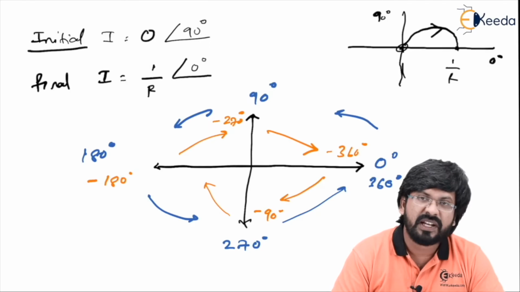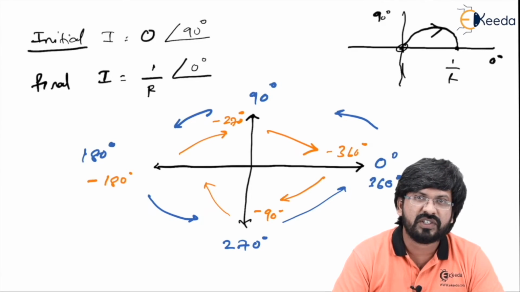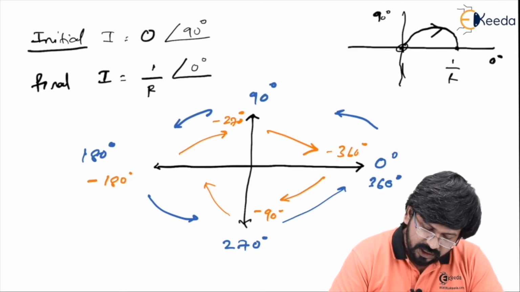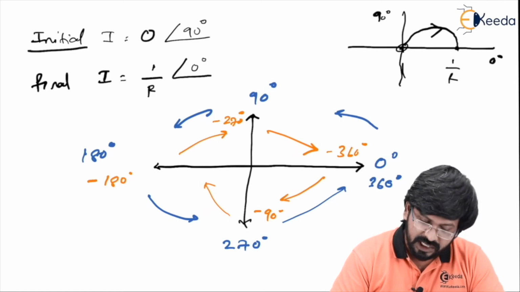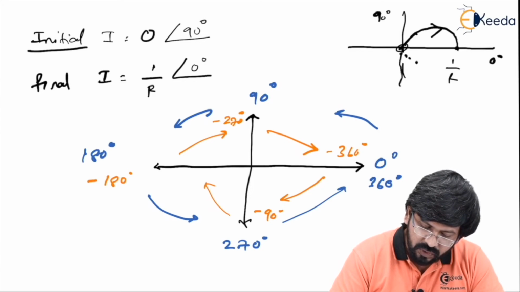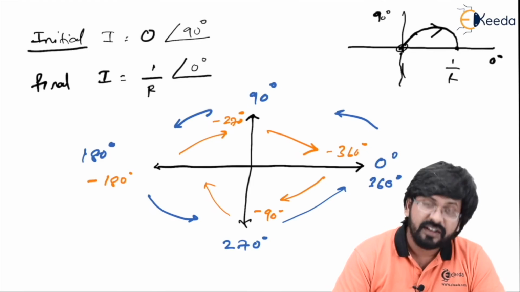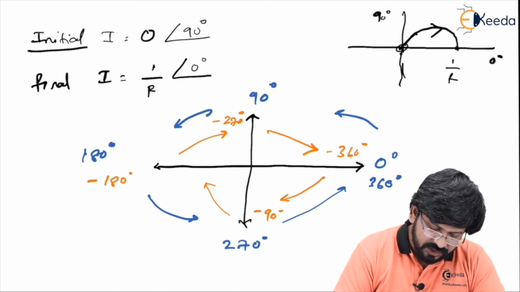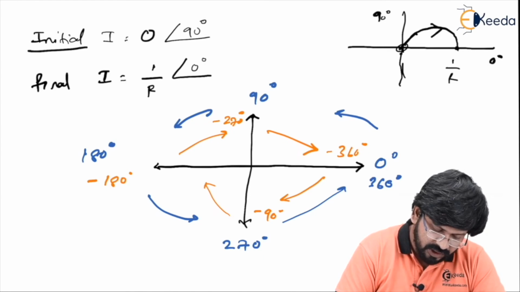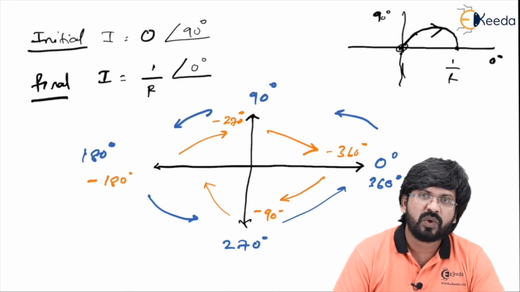See, if only the initial value and final value are known, then it becomes impossible for us to judge whether it is going clockwise or anti-clockwise. If you go clockwise, you'll get the upper curve, and if you go anti-clockwise, you should get the lower curve. But as I said, the lower curve is invalid. The problem is that we have only two values, the initial value and the final value. Because of this, we are not able to judge how to go about it.